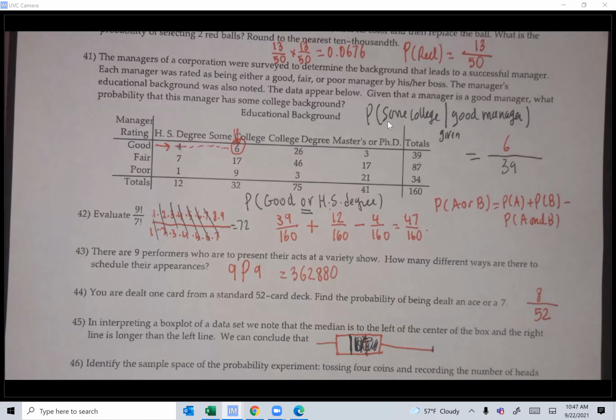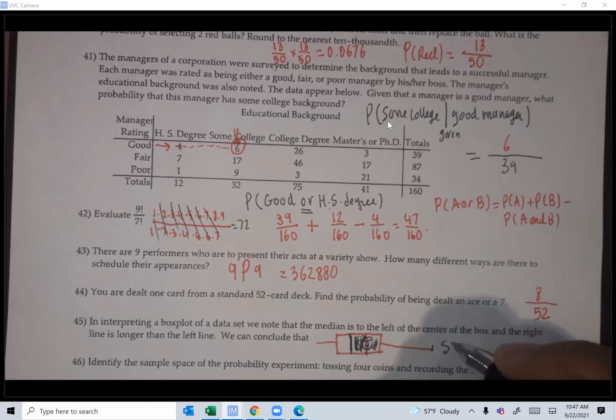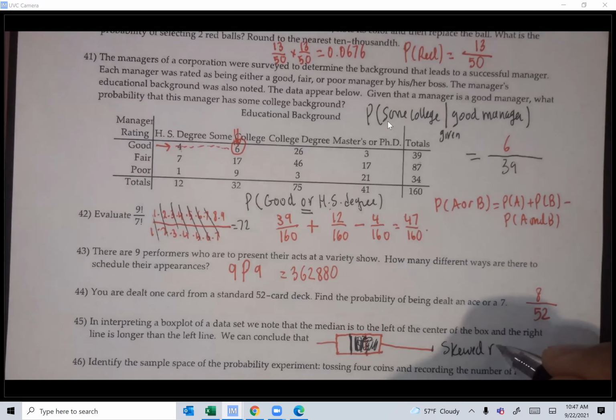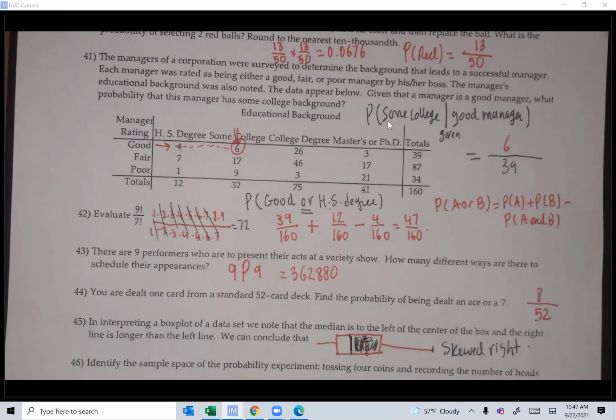Okay. What can you conclude about the data? Either symmetric, skewed right, or skewed left, guys. Which one do you think? There's a tail, a longer line toward the right. Skewed right. Skewed right. Yes. I agree. And remember, guys, the mean is bigger than the median when it is skewed right. And look, this is why the median is sitting on the left side and the mean is on the right side. And 46,